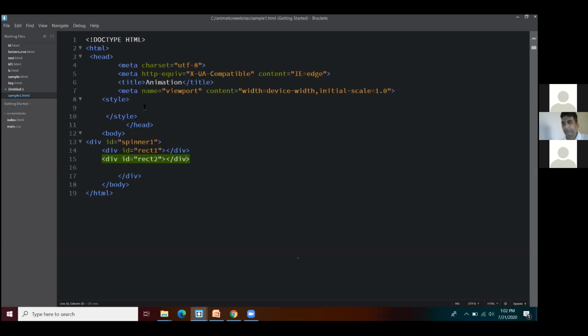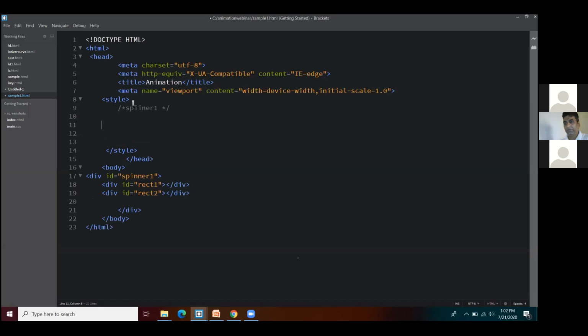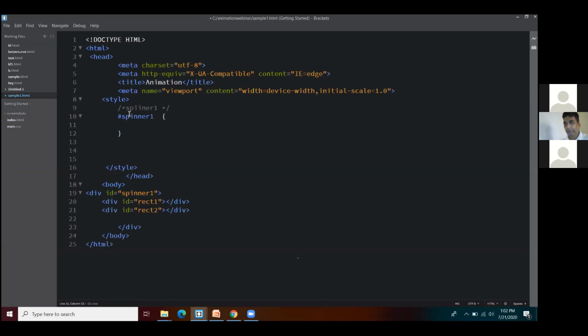Okay, now let us apply our styling. First, let us decide where we should make a division, and the name of the division here is spinner 1. I'll be using an ID selector as discussed earlier. This is the ID which I have already given, spinner 1. So let us decide what the margin should be where we are going to place this spinner 1. The simple thing I'm going to give here is margin. I'll take it as 100 pixels, from everywhere.